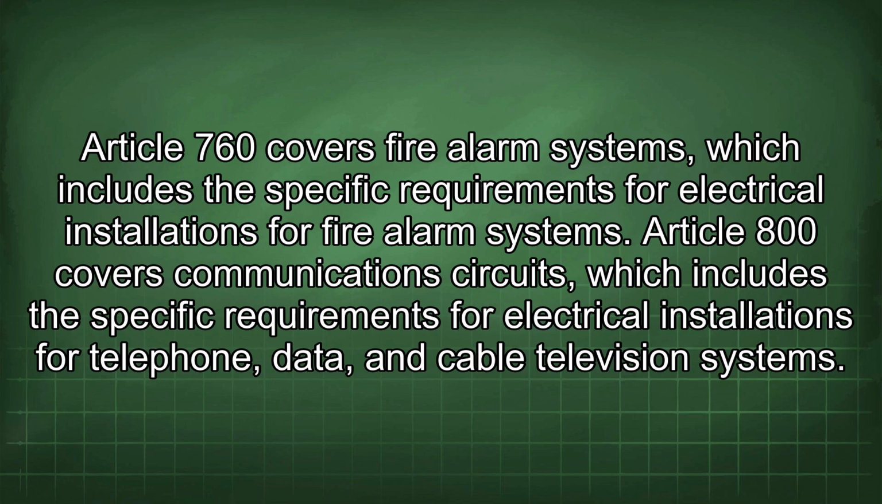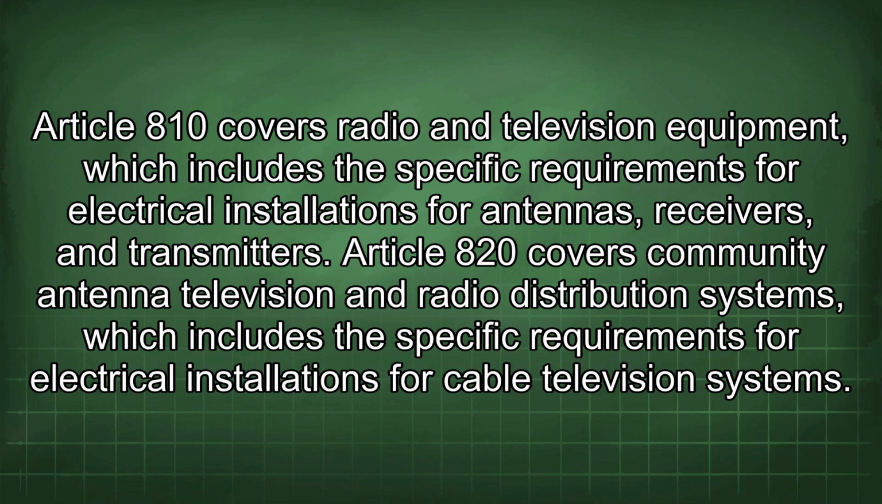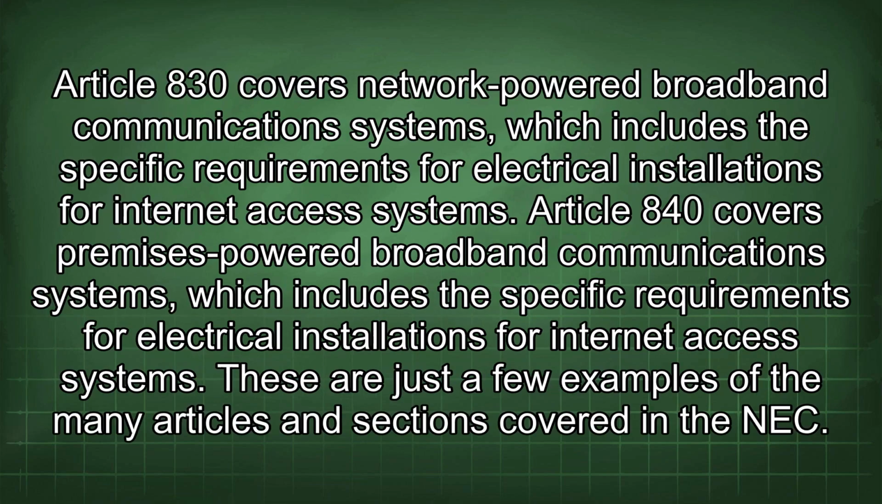Article 800 covers communications circuits, which includes the specific requirements for electrical installations for telephone, data, and cable television systems. Article 810 covers radio and television equipment, which includes the specific requirements for electrical installations for antennas, receivers, and transmitters. Article 820 covers community antenna television and radio distribution systems, which includes the specific requirements for electrical installations for cable television systems. Article 830 covers network-powered broadband communication systems, which includes the specific requirements for electrical installations for Internet access